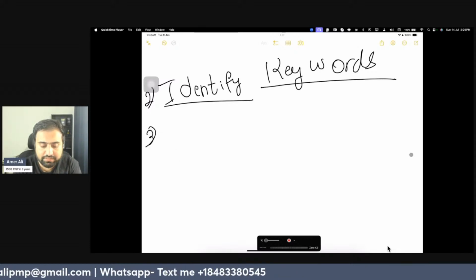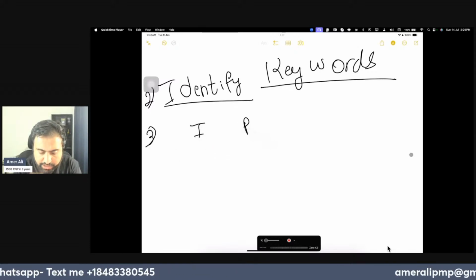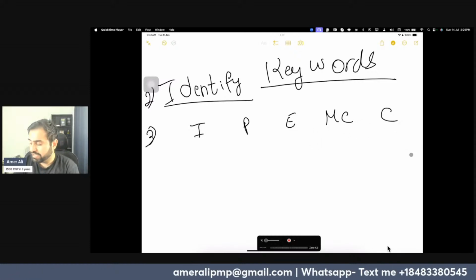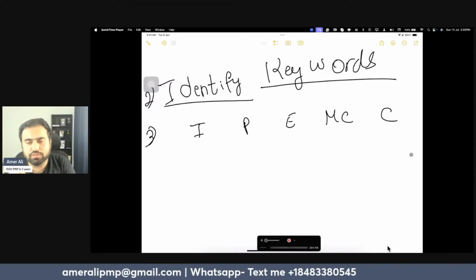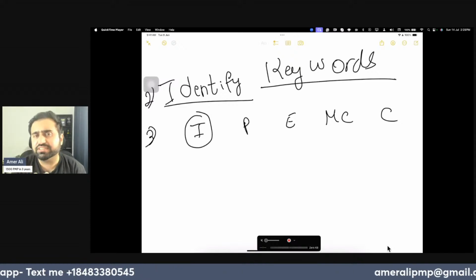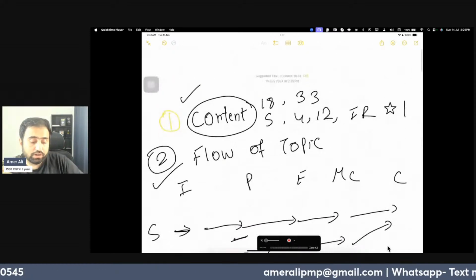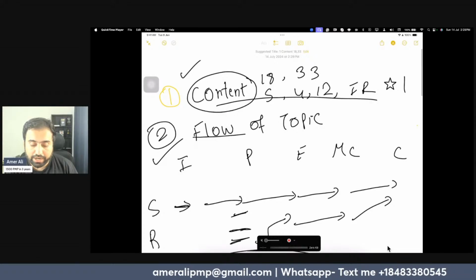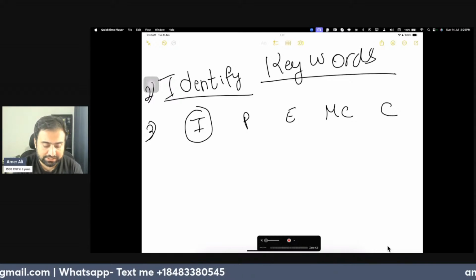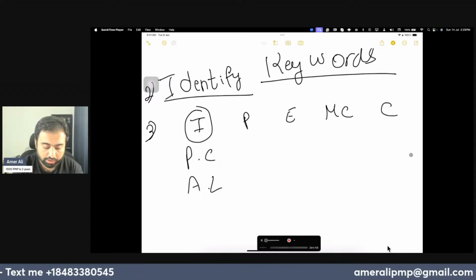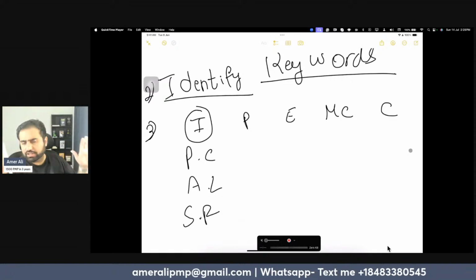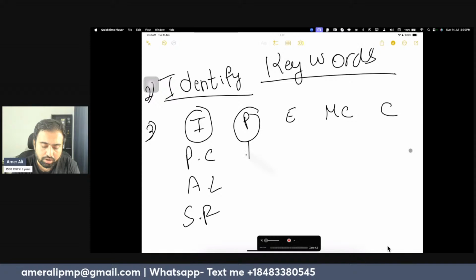is see where you are. Initiation, planning, execution, monitoring and control, and closing. In most of the questions, if you can identify what happens in initiation, like only 3 things happen in initiation, it goes back to the content area. I need to know the content and flow to answer this question. What happens in initiation? Only 3 things: project charter, assumption log, and stakeholder register. Only 3 things, nothing more. No fancy here or there. Only 3 things. In planning, all the